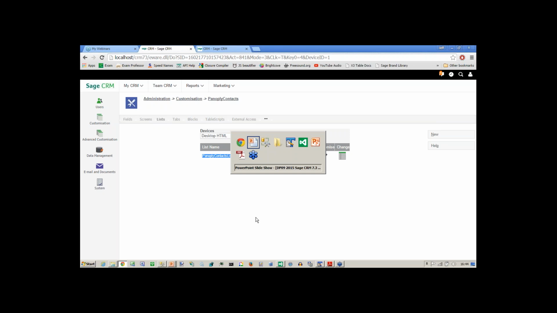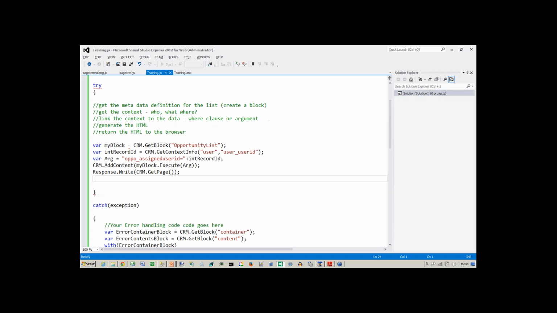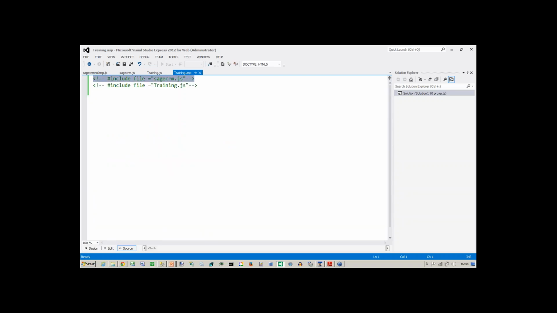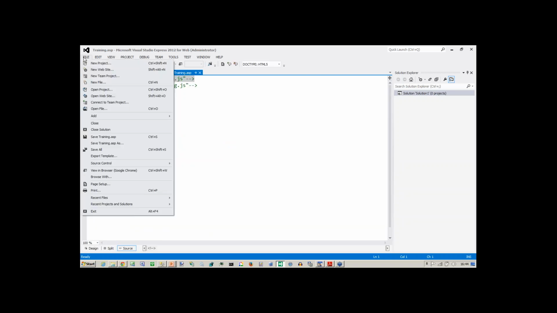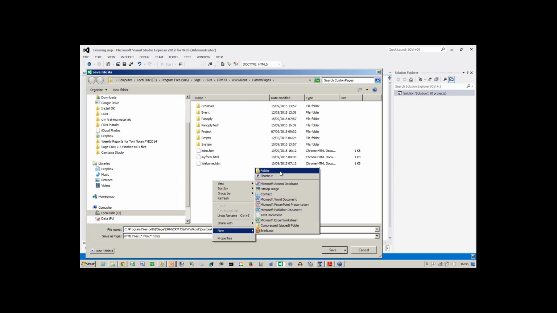What I want to do is make some progress, and I want to move towards the idea of creating this list page. So in our structures here, I am going to create a new file. I'm going to cheat here. I'm going to save this as, and I'm going to create a new folder, and I'm going to call this training. So I'm going to create this as a new folder,